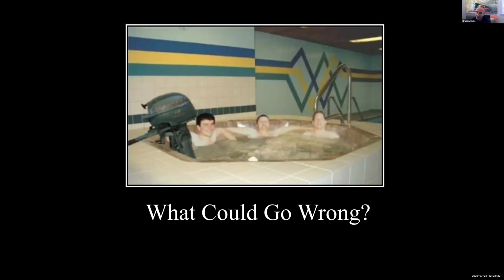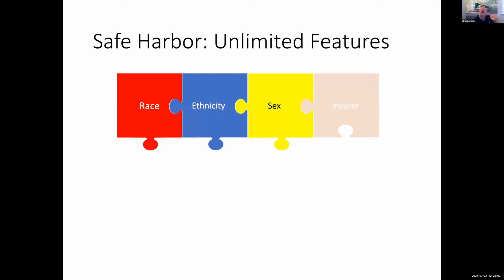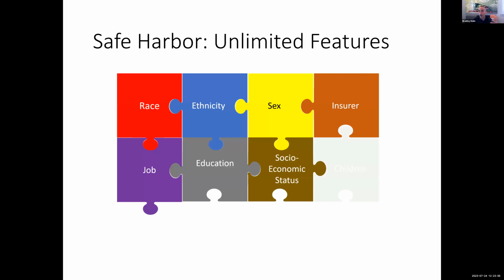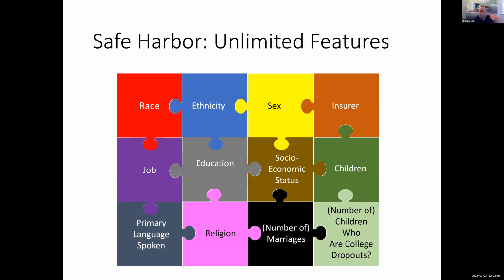So we built this system, right? And now we're asking the question of, well, what are we worried about? What keeps us up at night? The reason why we didn't choose something like HIPAA is because if you use their Safe Harbor model, they have a situation in which you can have unlimited features that can go out the door, right? And what we're worried about is this mosaic effect, where you tell me something about somebody's race, their ethnicity, their sex, what insurance they have. And this list could go on and on about things that are not explicitly listed, where you're told you have to remove these, but you need to get some handle on this.